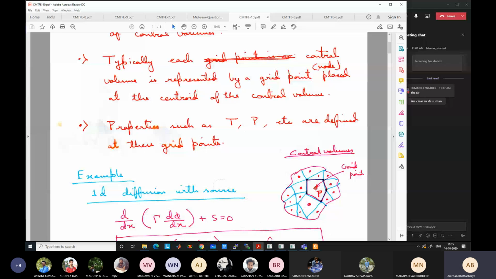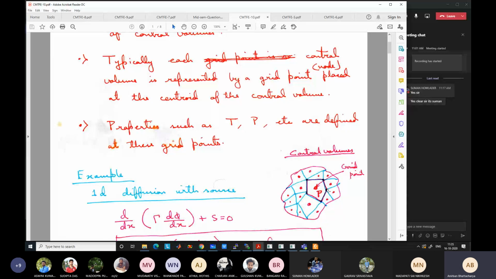You have to assume that the grid point temperature is valid over the entire control volume. So the entire control volume is like a single unit, a minimum pixel, and you cannot resolve within the control volume what the temperature or pressure or density is. So ultimately, depending on the number of control volumes, the resolution of your solution will depend on that.